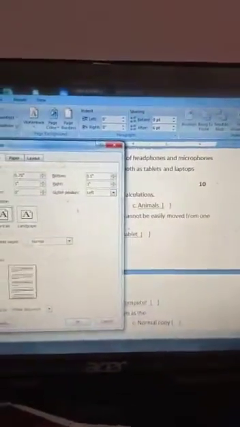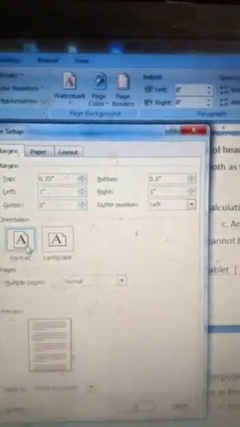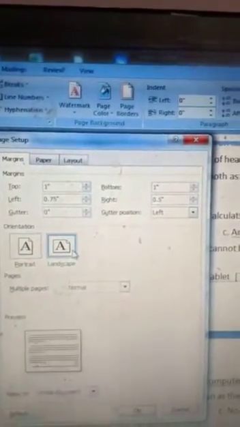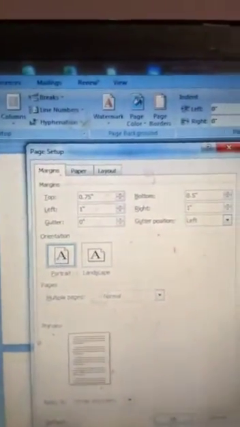Then there are the left margin, bottom margin, gutter margin, gutter position and orientation. This is portrait, that is lengthwise, and this is landscape. Whichever you want, click here, and then click on OK, and it will change accordingly.